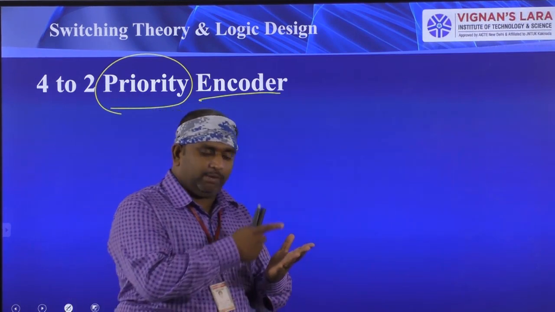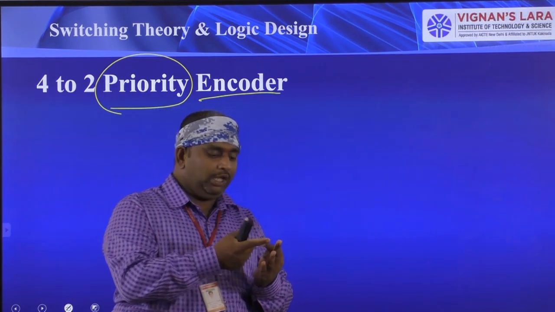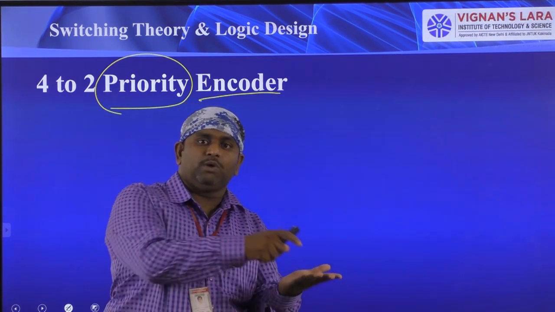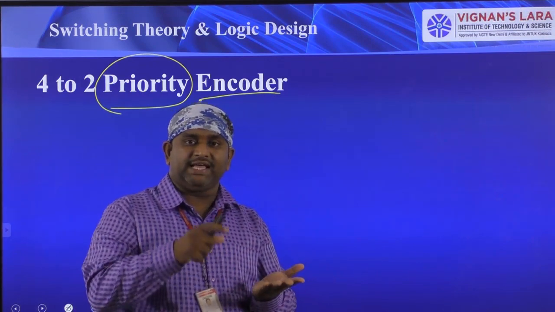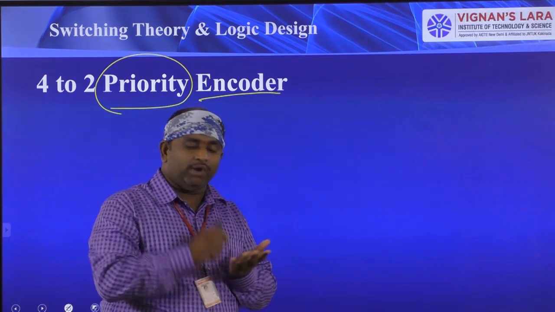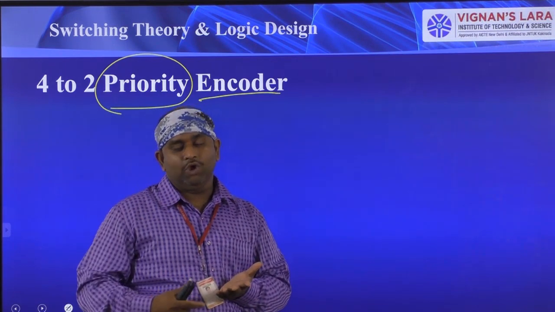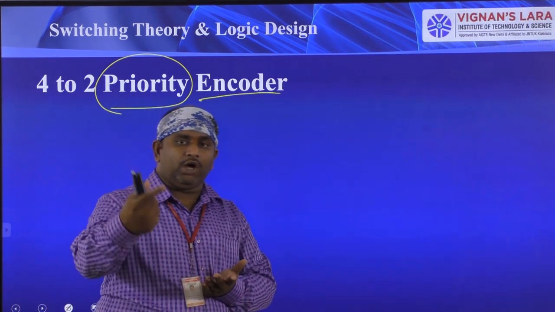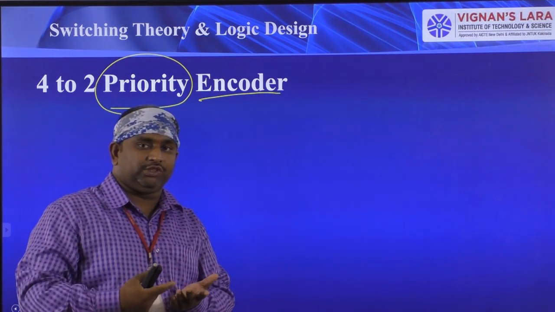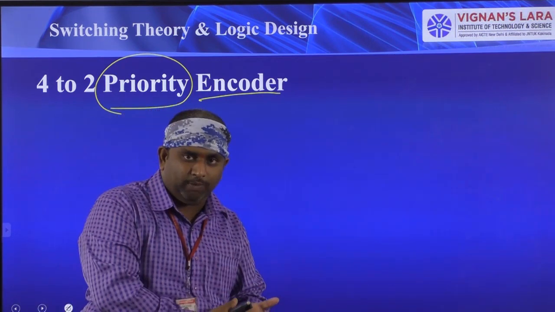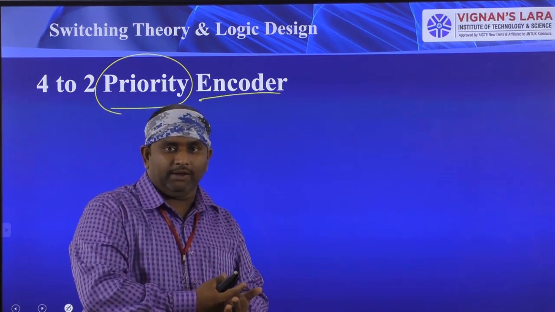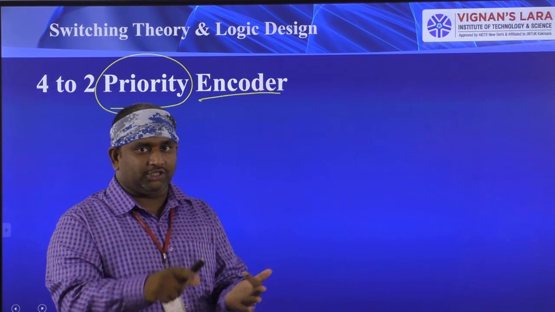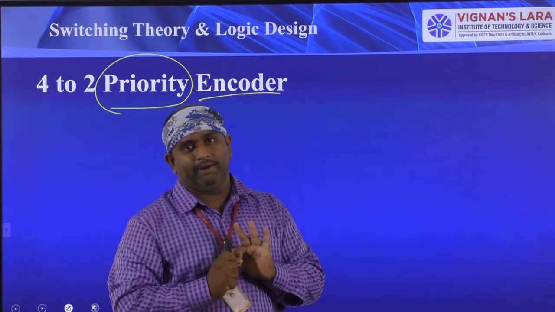For example, 5 brands are available: Samsung and LG, and next Redmi and Realme. Like we have 5 companies. So in these 5 companies, which mobile are you going to buy? All the 5 mobiles have the same specifications, working operation and booting time, everything is the same. Which mobile are you going to buy? That is based on your preference. Actually, you are experienced with some company, and you are saying that is a good mobile. That means you are giving priority to one mobile. Okay, 5 mobiles are available at the shop, but you are giving preference to only one mobile.